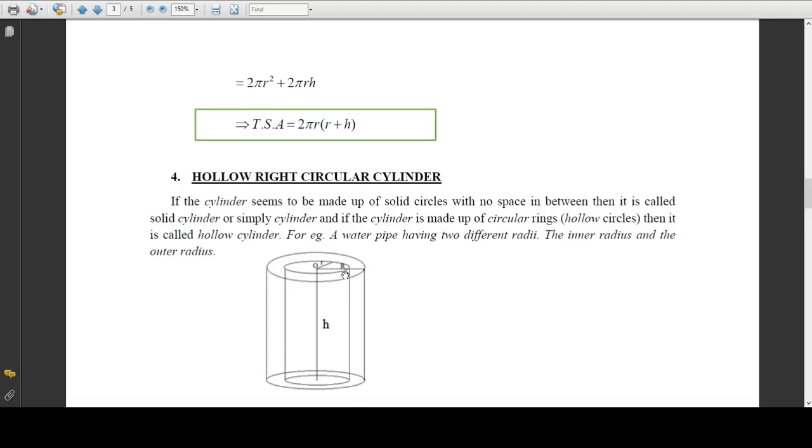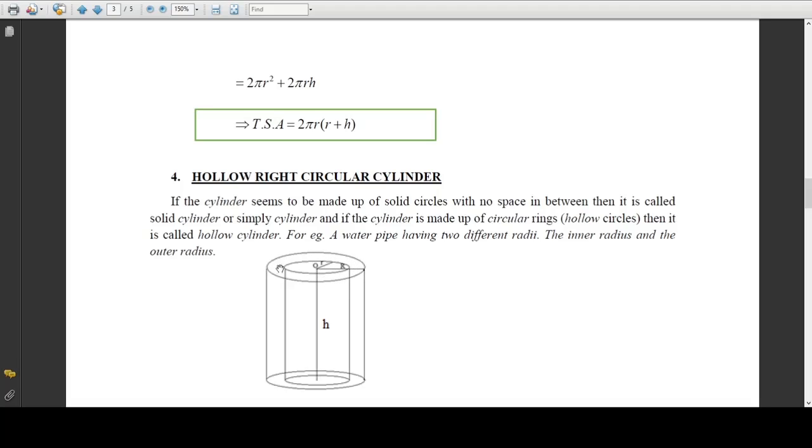Now if you consider only this top portion, you will get a ring type here, because here it will be hollow, here it will be of metal, and